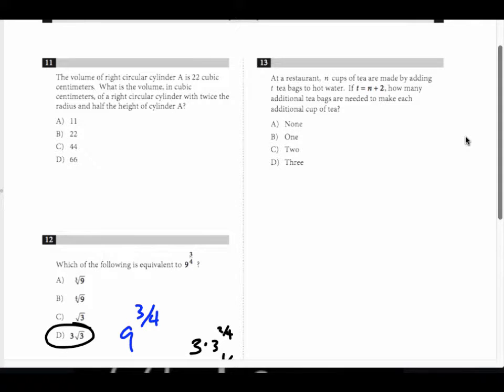At a restaurant, n cups of tea are made by adding tea bags to hot water. If t equals n plus 2, how many additional tea bags are needed to make each additional cup of tea? So,